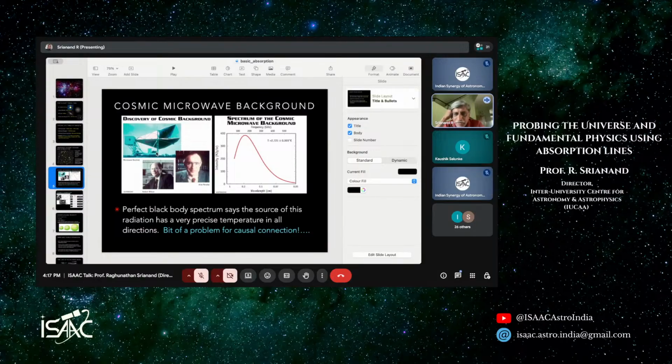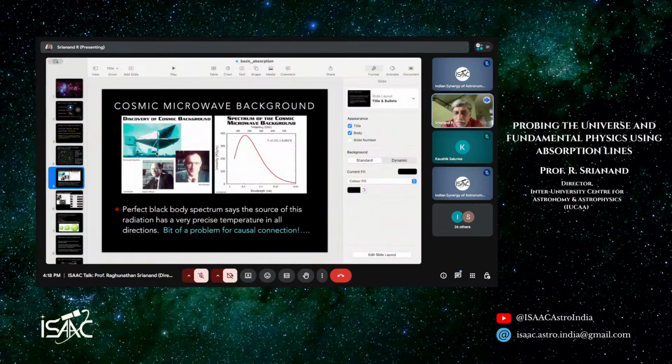And for some reason, now the radiation was created and the radiation was allowed to freeze like that, right? So the only thing you say is that, okay, I know that radiation in the north and radiation in the south are absolutely identical, which means that the creation region should be causally connected. If the creation region has to be causally connected, it has to be extremely small. So you can think of it as if these radiations were created in a causally connected region and allowed to expand all over the place.